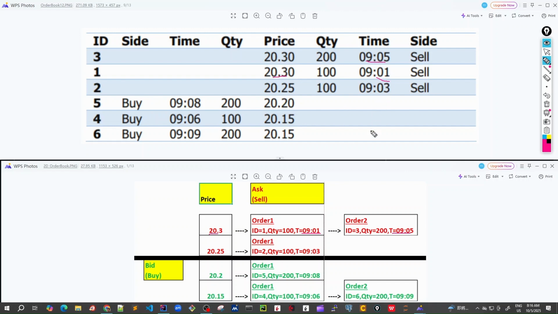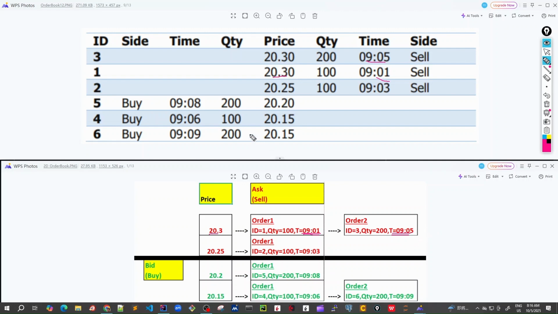And now if we keep on getting new orders at the same price, we will keep on appending to the tail of this linked list. So in essence, what we are trying to say is that at the same price level, it would be only one price level, and all the other orders at the same price but having different time priorities, the one having the best time priority would be placed at the head, and the subsequent orders with the next time priority, whichever arrive later, would be appended to the tail of it.